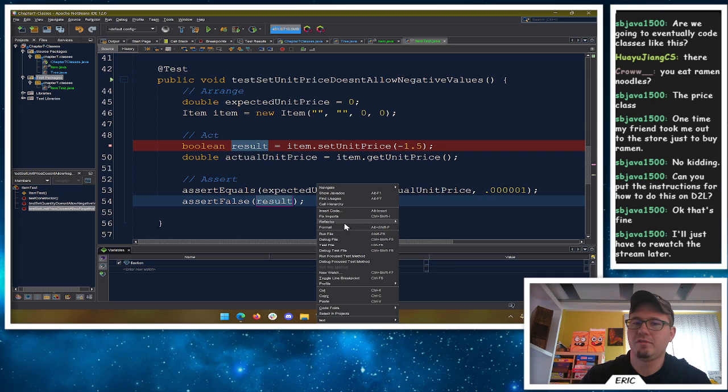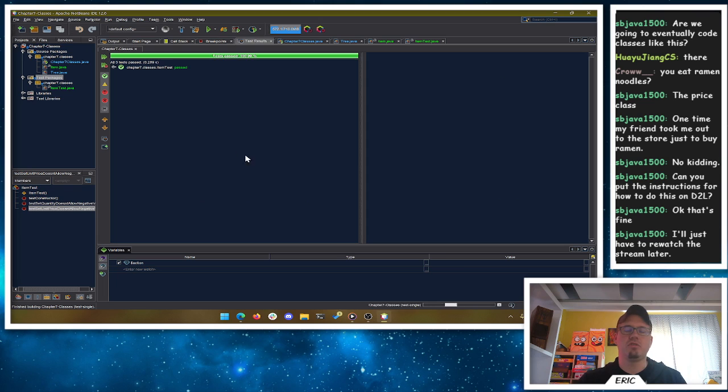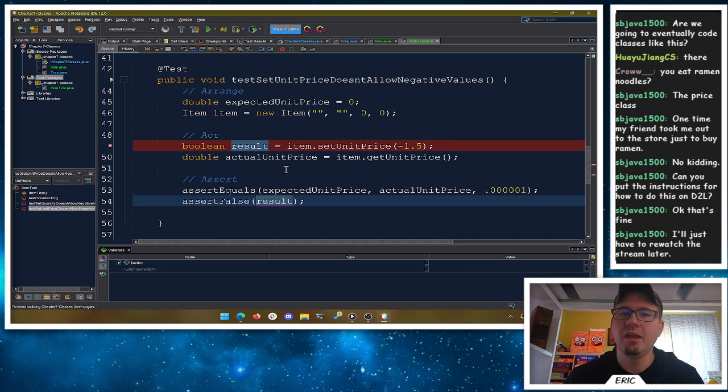We got back a false. It just gives us one last check, and that way someone else who's using my item class can say, okay, if the user gives me a value and I hand it to your item class to set the price, let me see if it's true. Great, we're good. If it's false, maybe we need to keep looping and say, hey, something didn't work about your value here.